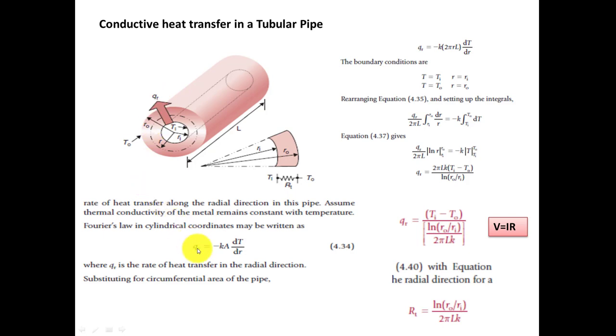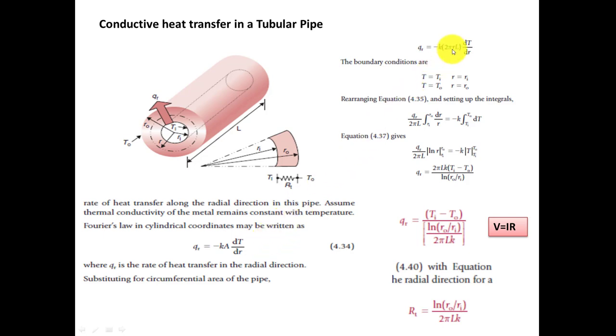So the formula will be the same, Qr in place of Qx. Now we are taking Qr because it is having a radius, so the heat transfer will be in all directions. So Q = -kA dT/dr. Here dr is for the small thickness of the pipe. Fine. We will do a little shifting.